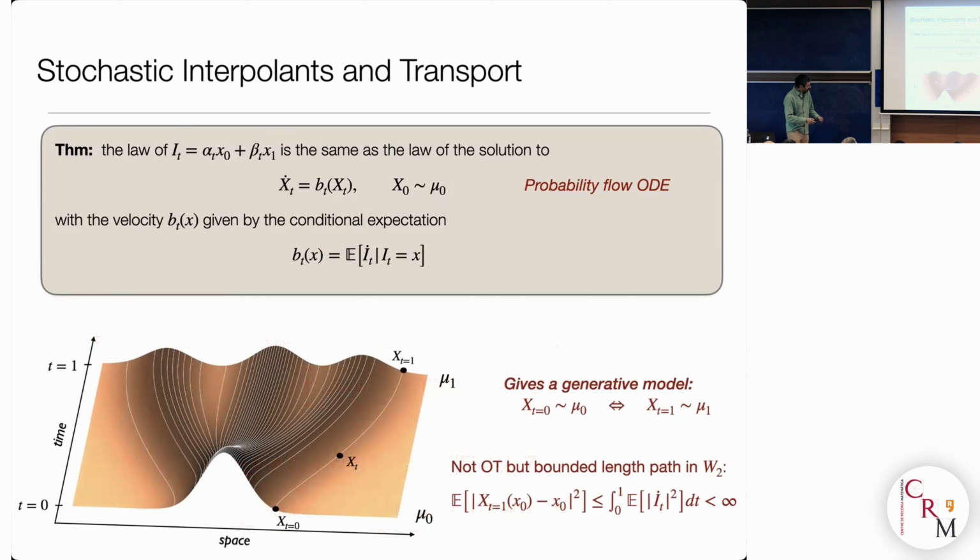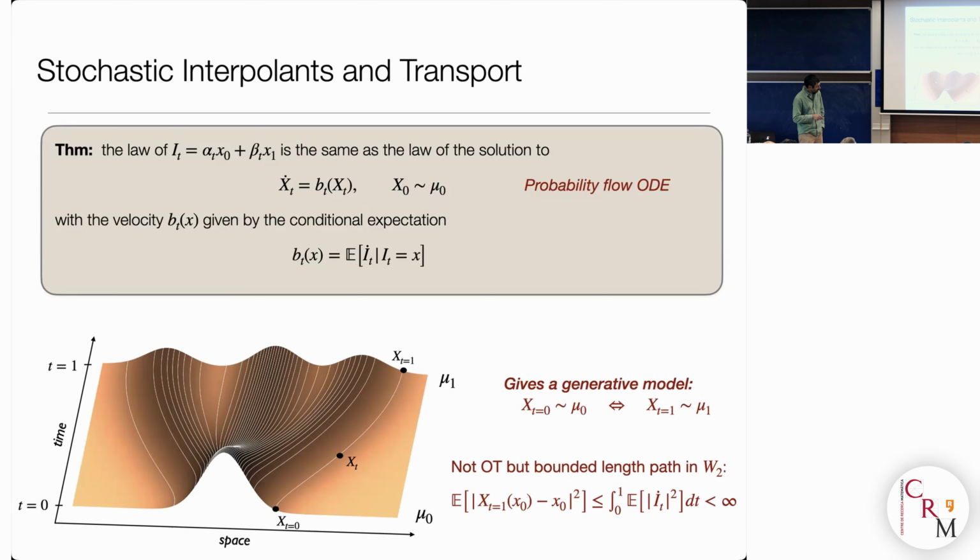Okay, so this now is a generative model through an ODE, because to sample the interpolant, you need to have data at both ends. But here, you only need data. Once you have learned b, you only need data at one end. So in particular, if you can sample the base, say a Gaussian, you can push this sample through the ODE to get a sample at time t equals 1. So it's non-equilibrium transport from the target. Okay, and this actually is not a cartoon. This is actually what happens if you go in one dimension from a Gaussian to a Gaussian mixture with 3 wells.